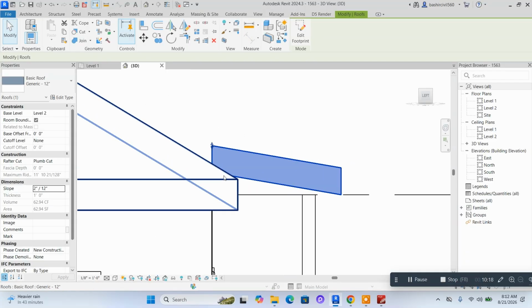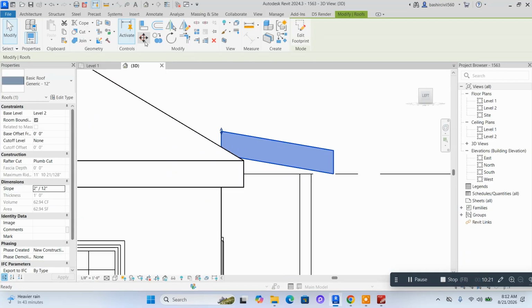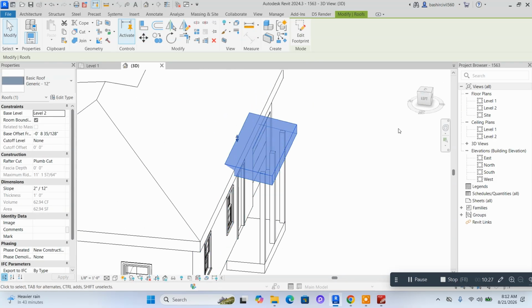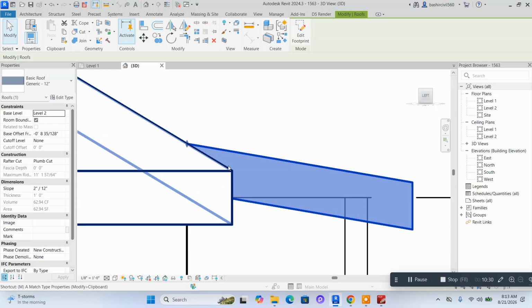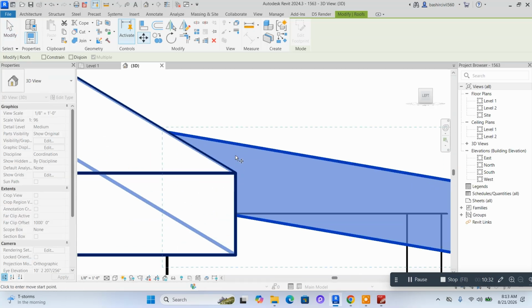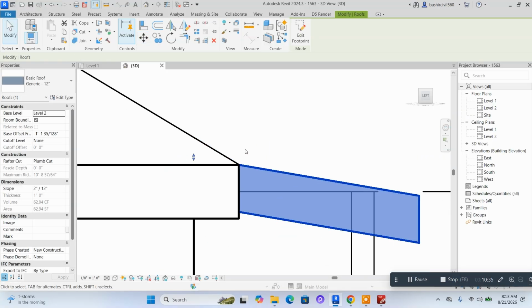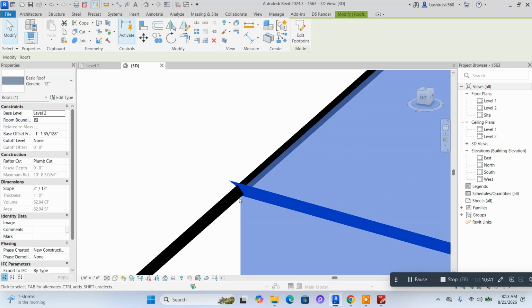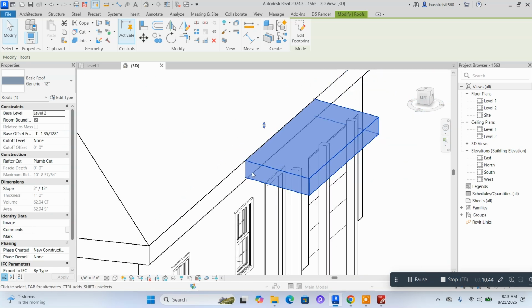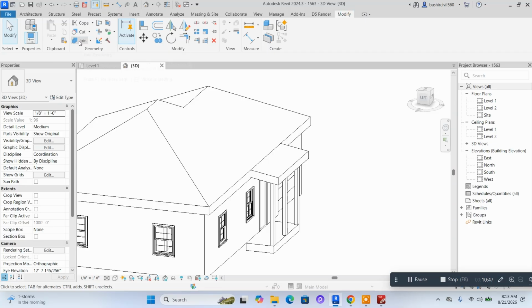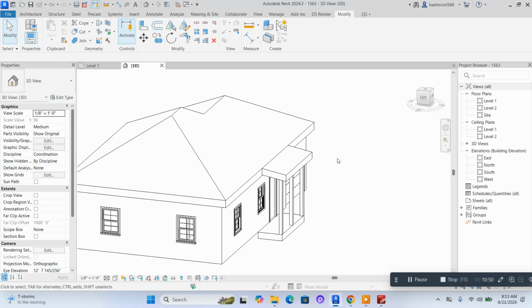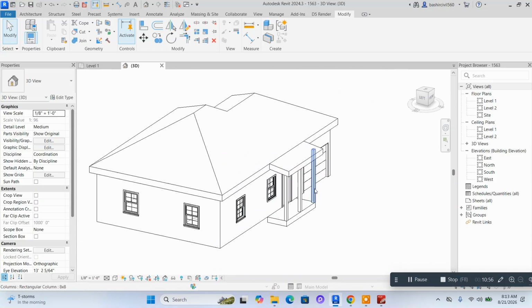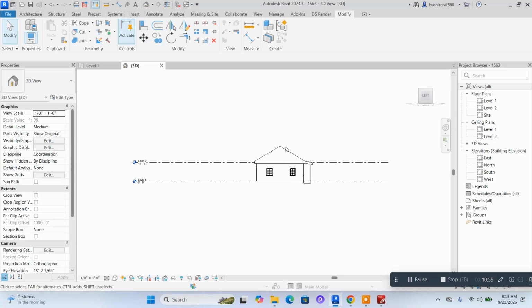Let's see how it looks. We will move this profile a bit down, or maybe slightly more. Now if we can see from the elevation,